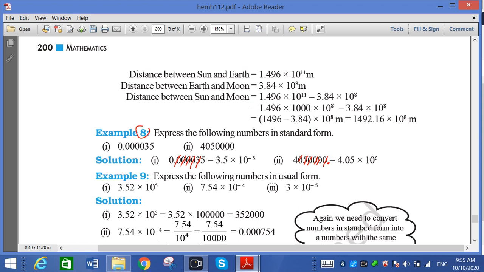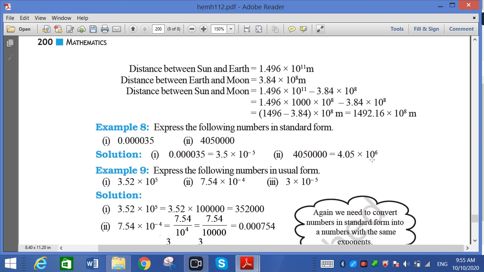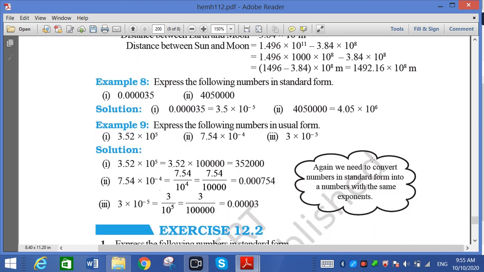Now one more topic, that we have to convert into usual form. How it should be, that is important for us. Now here we know there are 8 questions. Now 9th question, example number 9. If the question is in the form of 3.52 into 10 the power 5, how will I get the usual form? So after the point how many digits are there? 2. So 352 upon 100 I have to write.